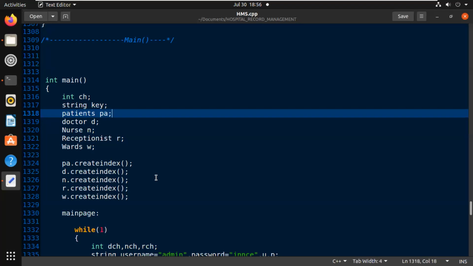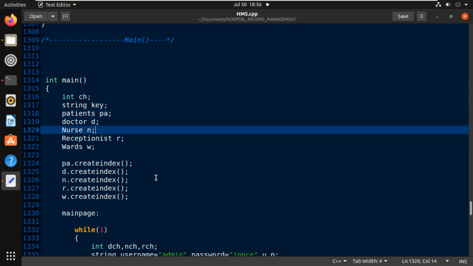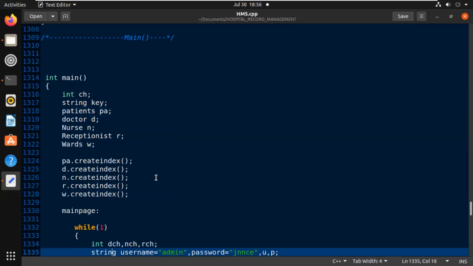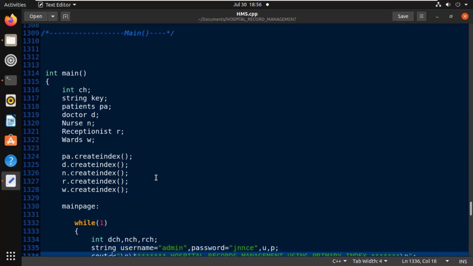Hello, I am explaining the coding part. First, we have seen the main part in which we have first used the function create index to create the index of the list, and we use some variables and objects from patients, doctors, nurse, and reception wards.